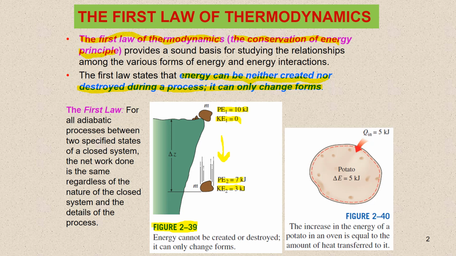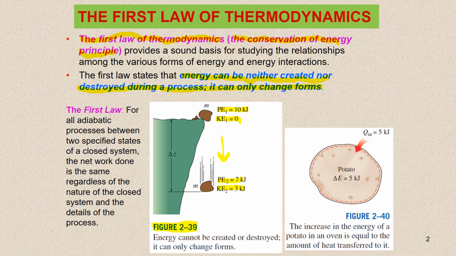Considering that there are an infinite number of ways to perform work interactions under adiabatic conditions, this statement appears to be very powerful with potential for far-reaching implications. This statement, which is largely based on the experiments of Joule in the first half of the 19th century, cannot be drawn from any other known physical principle and is recognized as a fundamental principle. This principle is called the first law of thermodynamics, or simply the first law.